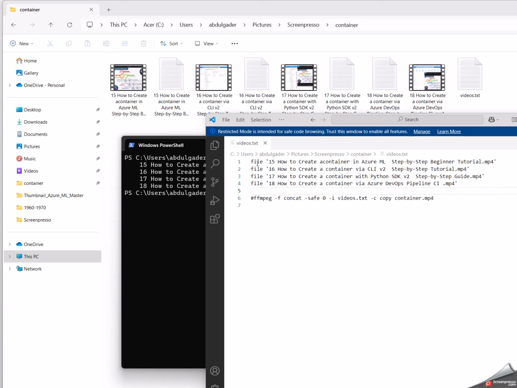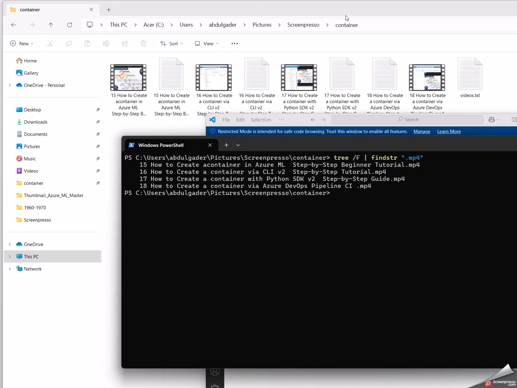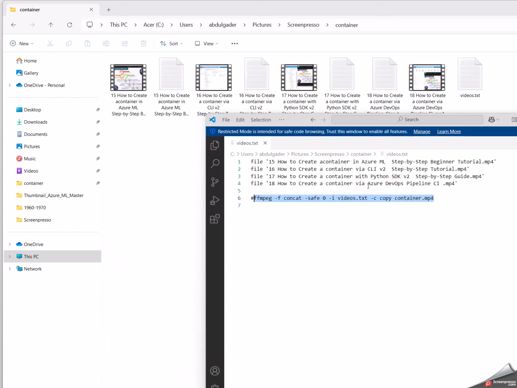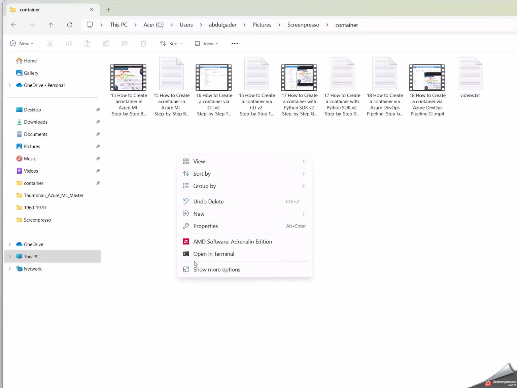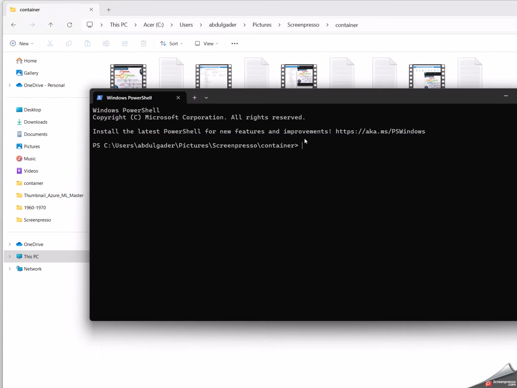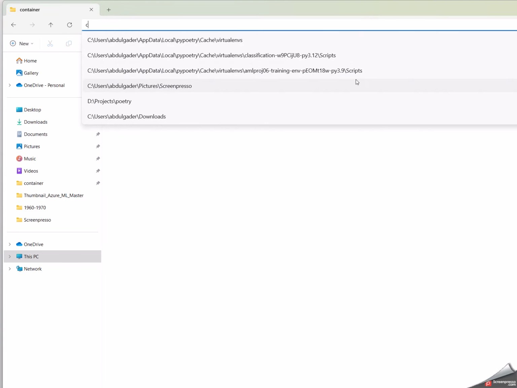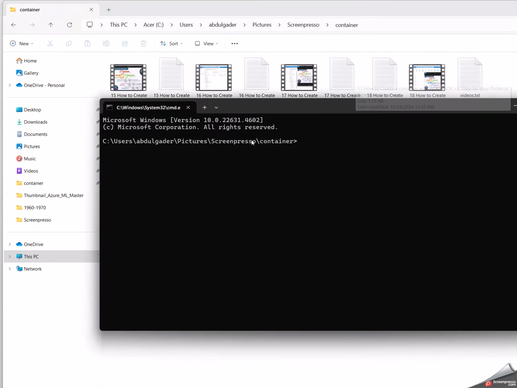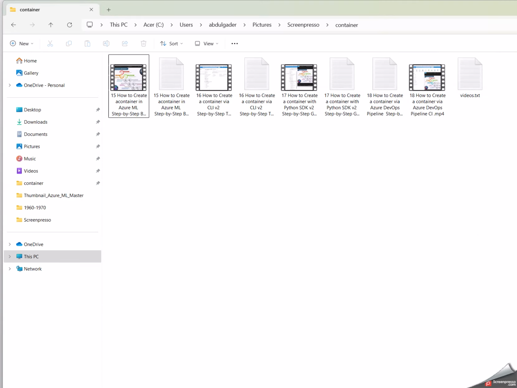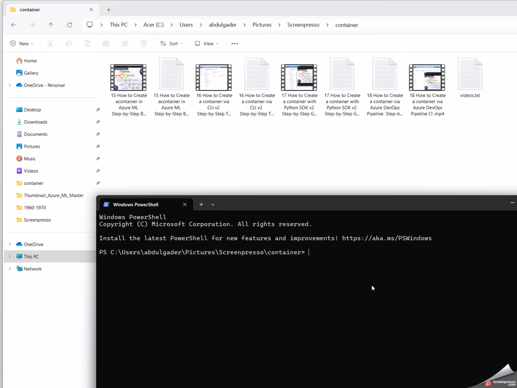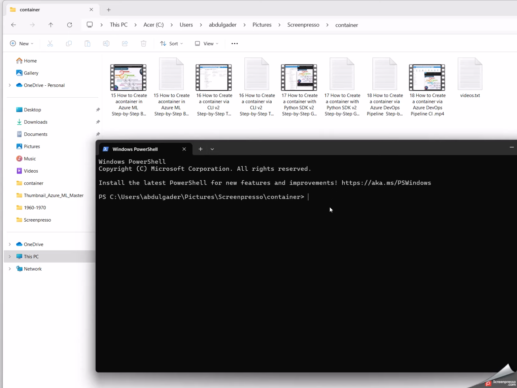Now, this is the only command you need to run in your terminal. Copy, and let me see. This is the current directory. I will just close this and open it again. Open terminal here. You can also run it from here, with CMD. This also works, but I'm just trying to open it in a terminal, open terminal here, and copy the format,